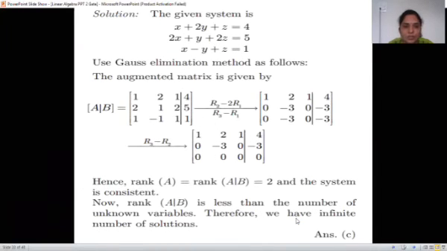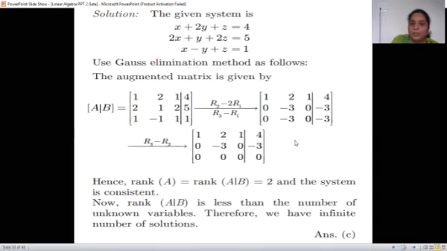Okay, this is the system. We have written the augmented matrix AB. Then we have to perform such operations where we make 0 here and 0 here and 0 here too, right? So we'll try that. For 0 here, we have to subtract 2R1. So R2 minus 2R1, and here R3 minus simply R1. So we get the first row as it is, second row 0 here, and while doing this 1 minus 4, that is minus 3, and 2 minus 2 is 0, and 5 minus 8 is minus 3. And R3 minus R1 we get 1 minus 1 is 0, minus 1 minus 1 is 0, 1 minus 1 is 0, and 1 minus 4 is minus 3.